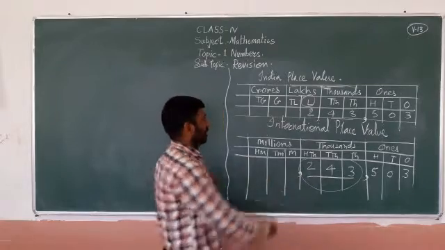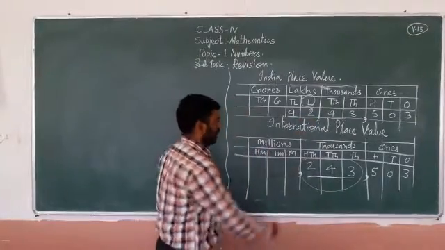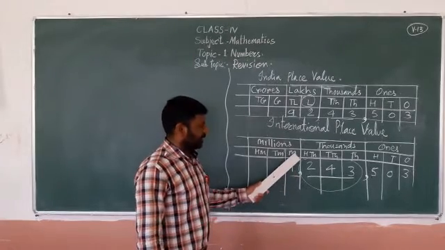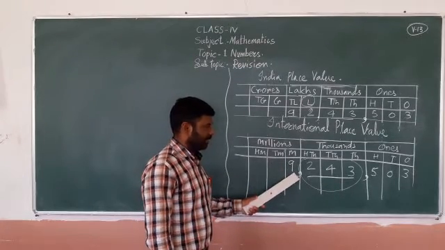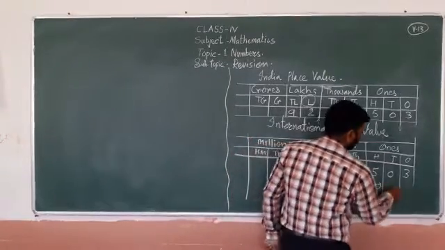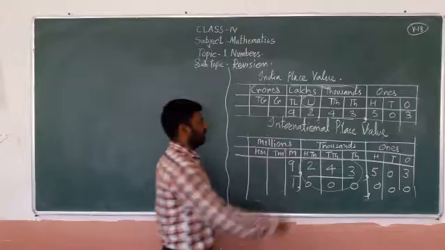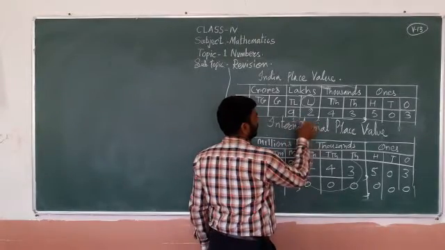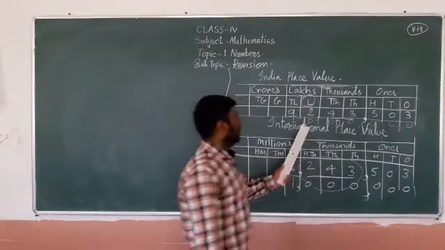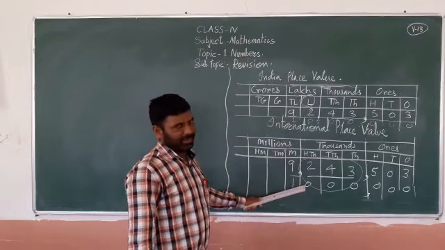1 lakh is equal to 100,000. Then next I will add one more digit. 9 is in 10 lakhs place. So I will add here 9, same places. Here 9 is in millions place, means 1 million. Million is a 7 digit number and here 10 lakh is a 7 digit number. Means 1 million equals 10 lakh or 10 lakh equals 1 million.